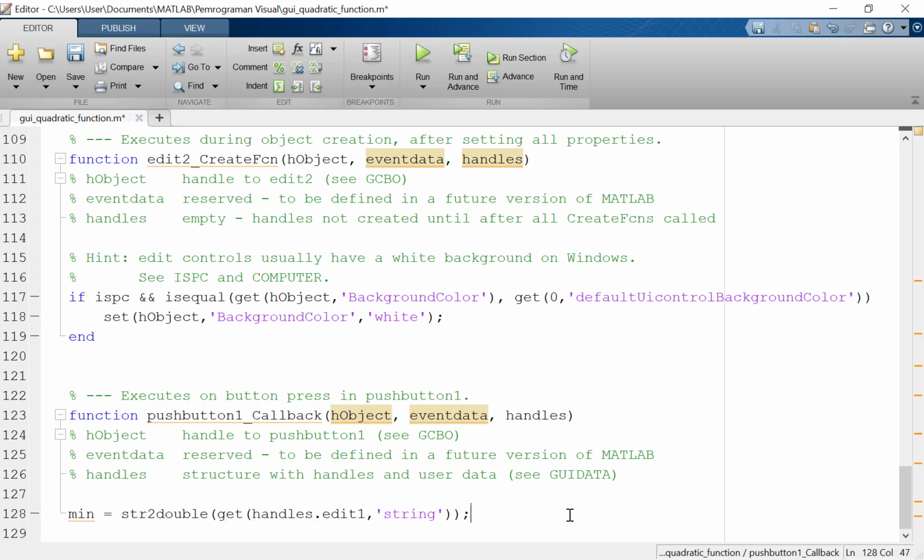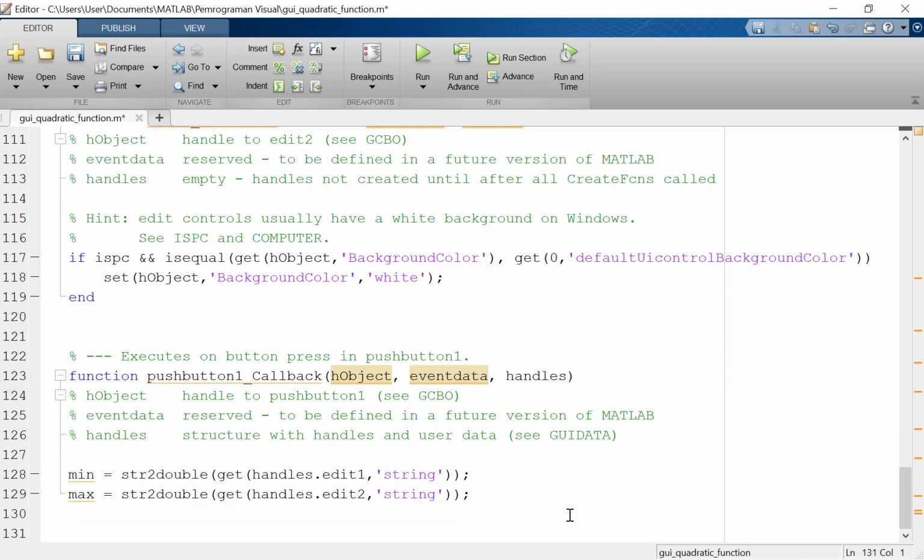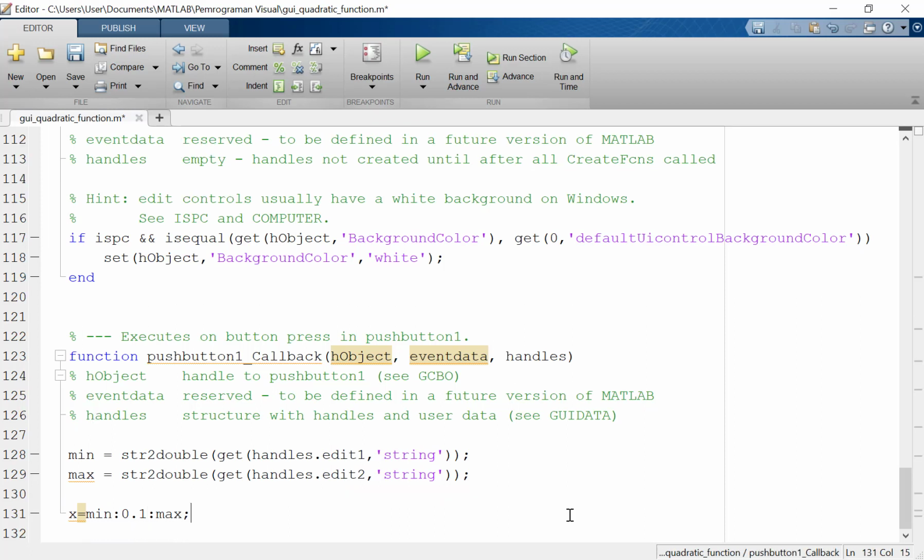We will copy it for the max value in the edit two block. And then we can write x is min:0.1:max. So this is the x value for the x-axis, and then y is x.^2.